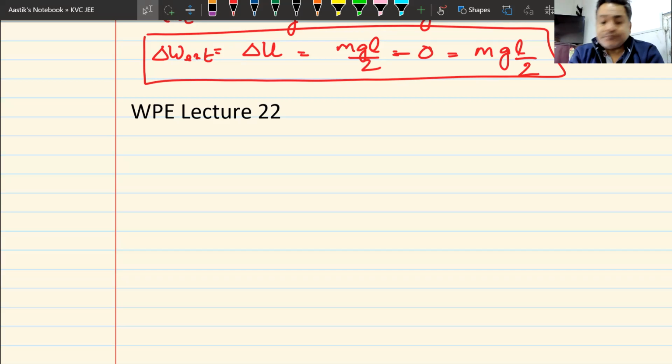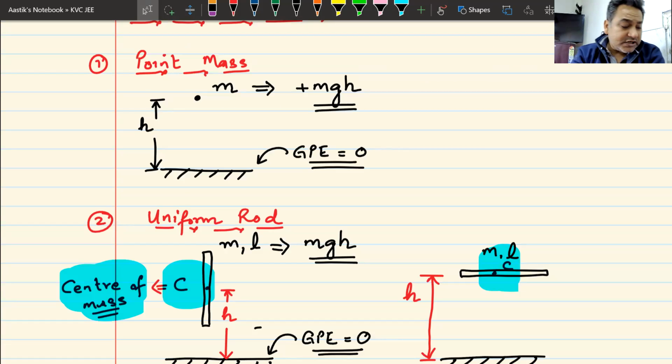Well, let us have a quick recap of what we had done in the last class. Today, as I think, we are supposed to do lecture number 22. Let us have a quick recap of what we had done in lecture number 21. And as far as I remember, in lecture number 21, we had seen the formulae for gravitational potential energy for